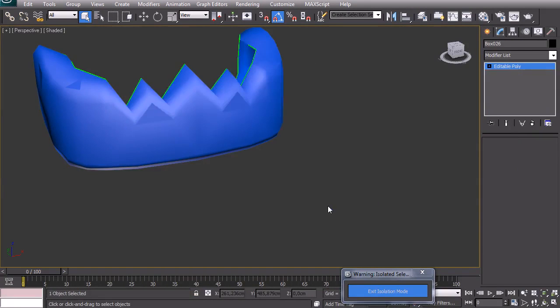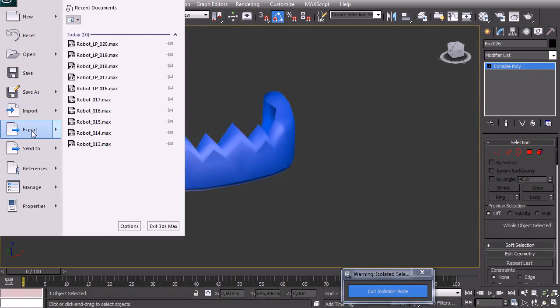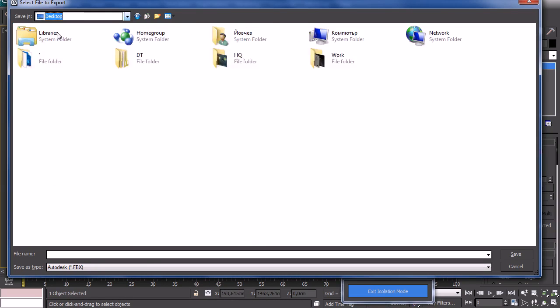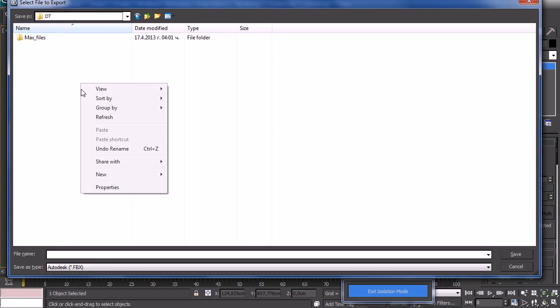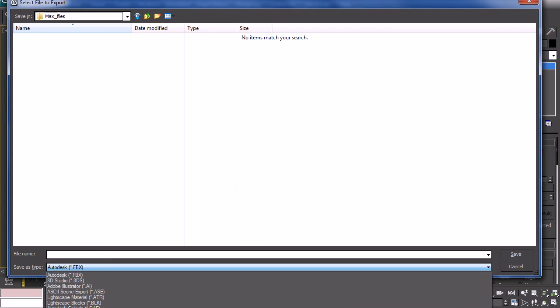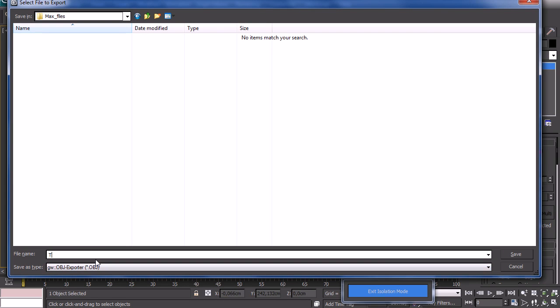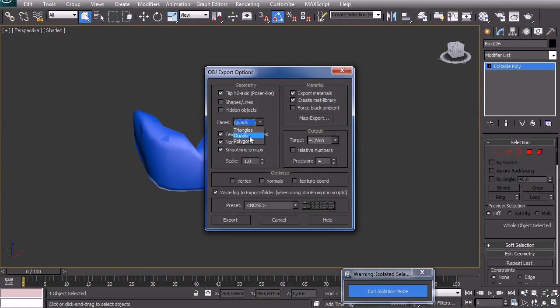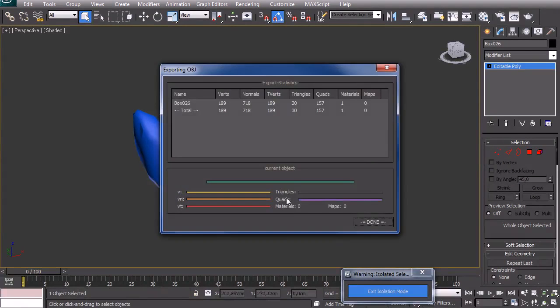You can convert this to poly and export it, and I can export it on my desktop. I'm just going to create a temporary max folder files. I'm going to create an OBJ format, call it temp mesh, and we're going to delete it after we do this. I'm going to export it. I'm going to select all quads and then textures, coordinates, normal, smooths, and I'm going to turn off all vertex normals and texture coordinates optimization. I'm going to leave it like this and export it,